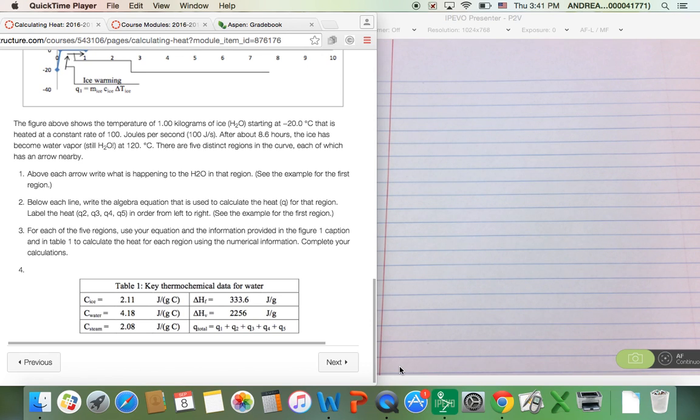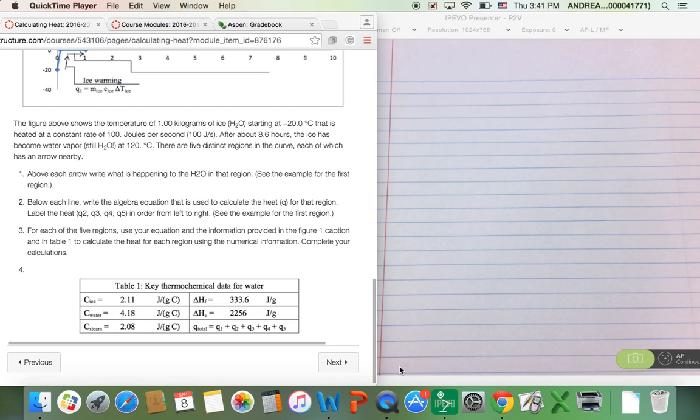Guys, I didn't have a lot of time to go over any questions, so I decided to make this video of me working out this problem for you. When I look at this problem, it says the figure above shows the temperature of a